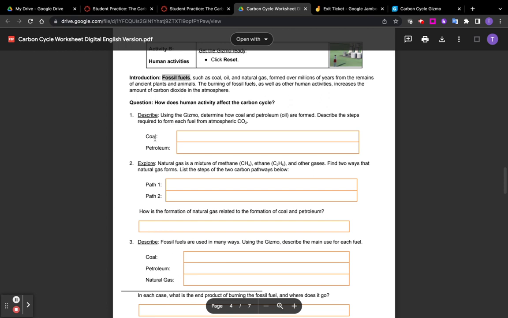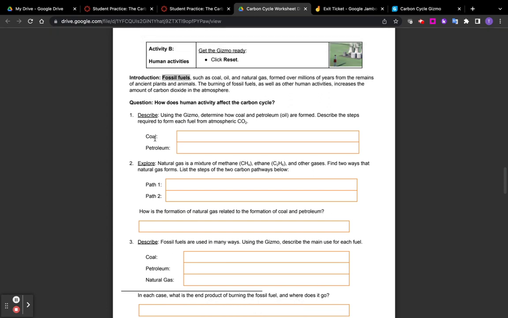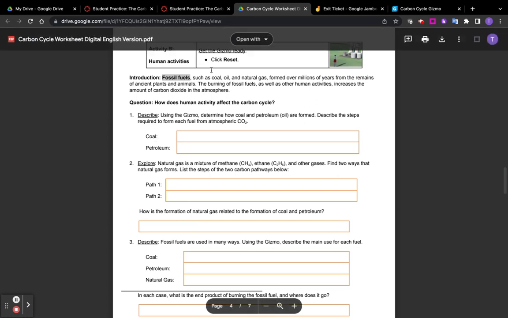As the year goes on now, especially after this, we're going to talk a lot about humans and our interactions with the earth and what they do. Fossil fuels are a huge part of this. Fossil fuels help us get our energy. It says coal, oil, natural gas, they are formed over millions of years from the remains of ancient plants and